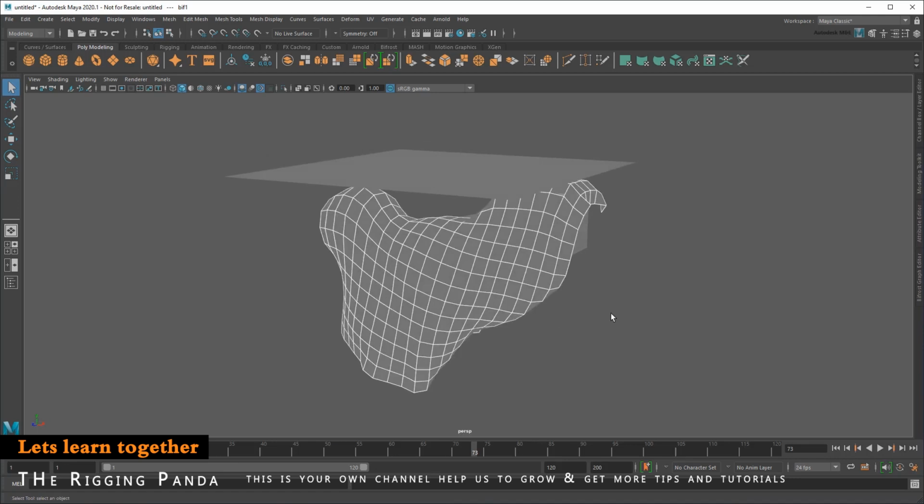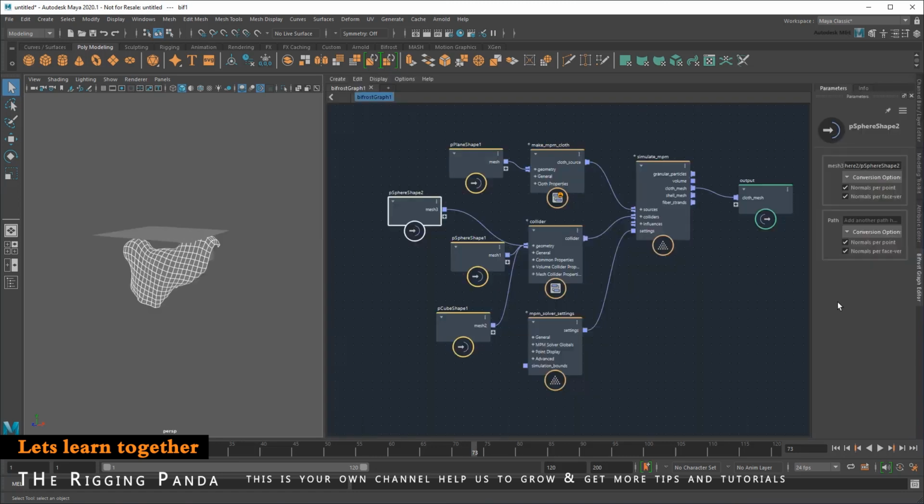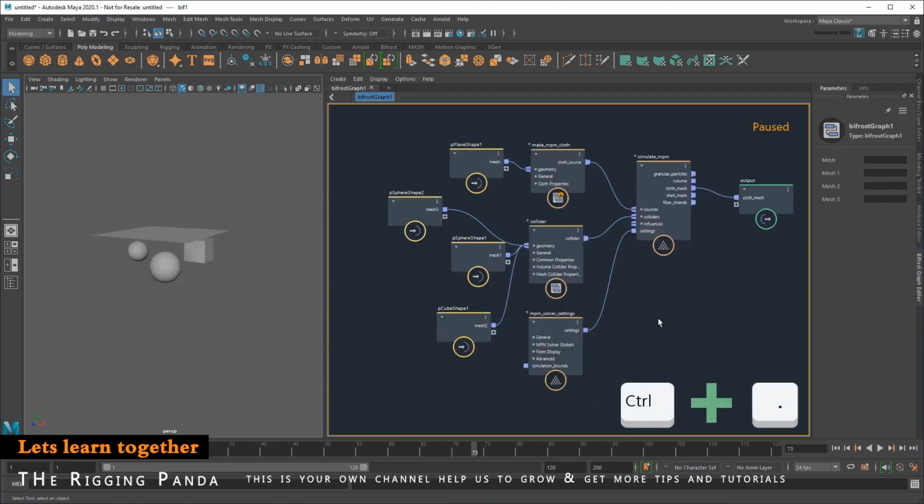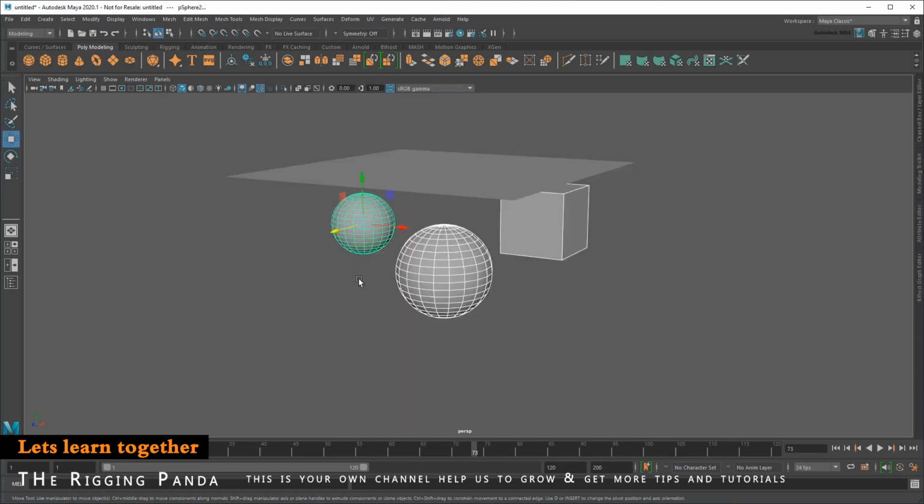Thirdly, as I mentioned earlier, building this in Bifrost means it can interact with other Bifrost components too. I'll get into this a little more later on in the video. But for now, let's continue to explore the cloth itself. For the next part of this demonstration, I'm going to create a curtain by rearranging some of these elements. So first I'm going to pause the graph, then move aside my colliders,